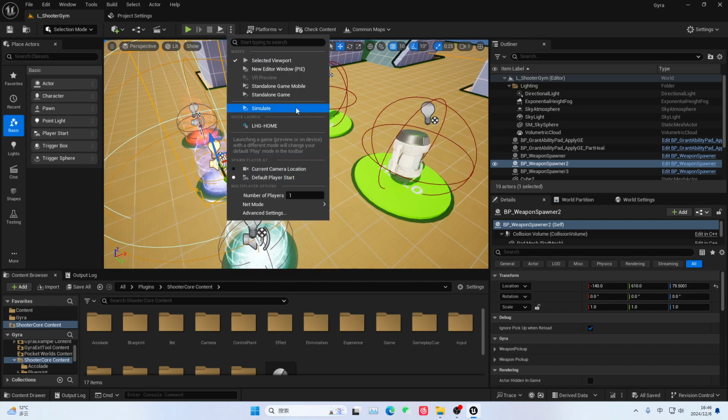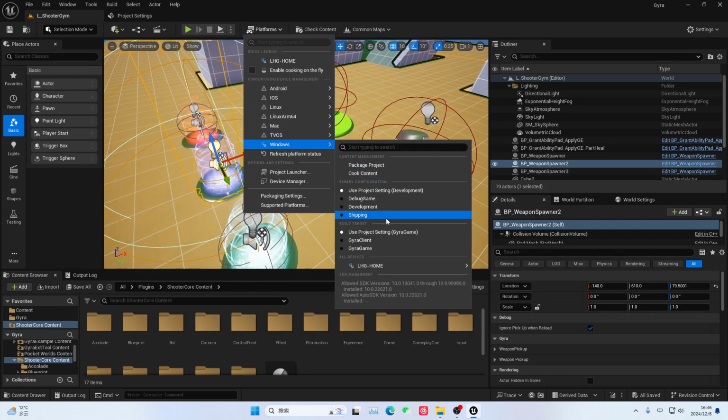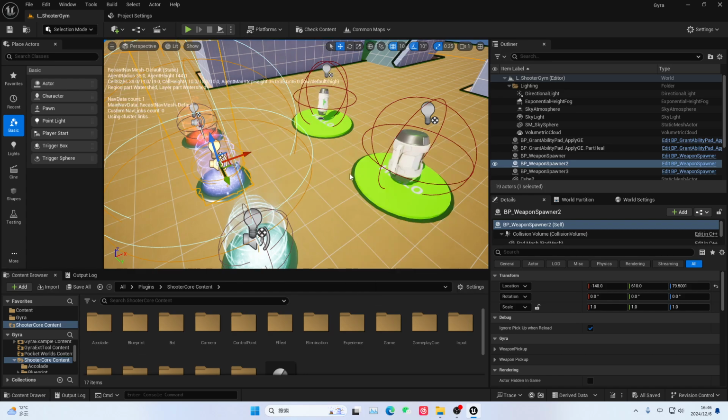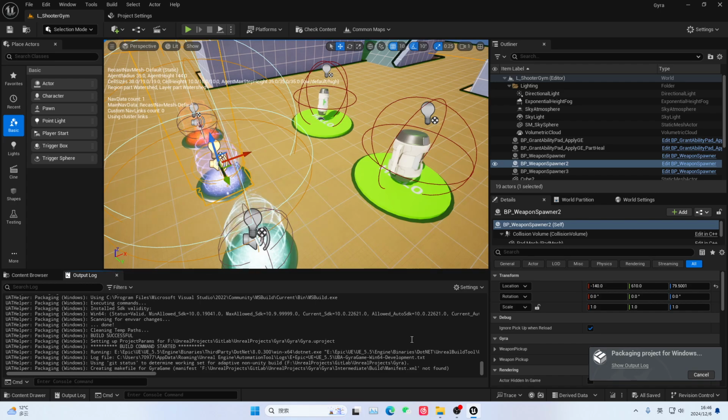We'll turn it off. Then we'll directly package it, because I've already packaged it and also tested it, so I am relatively at ease. Look at this place. In Windows, we can directly create a game package, because we completely don't consider the dedicated server. We are using listening servers, because we definitely are going to launch on Steam later.